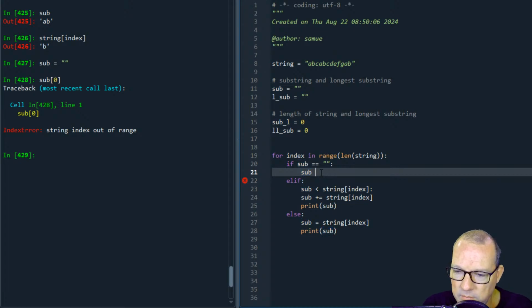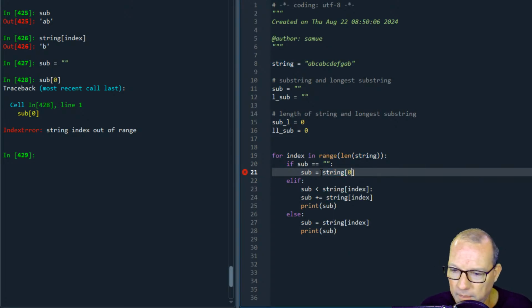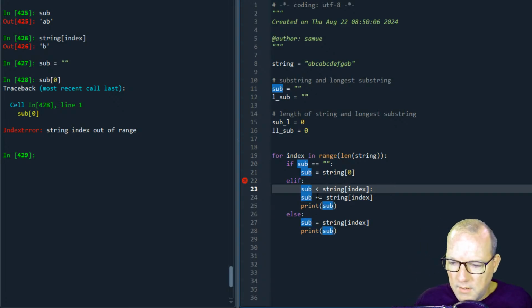So sub equals string index. All right. So then if